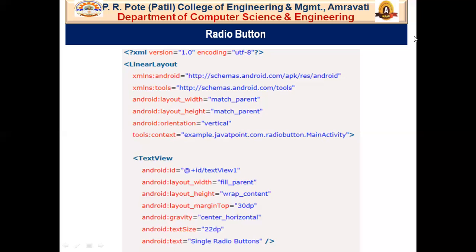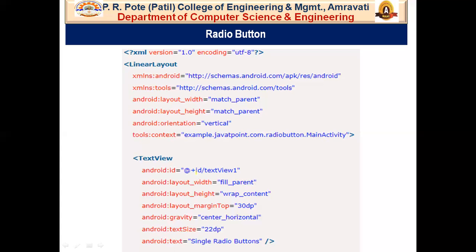So this is the difference between radio group and radio button. So let's see how to add radio buttons in Android Studio. In this particular example, we have two text views and four radio buttons. Now we know how to add text view. Just go to Android Studio, create a new project, select empty project activity, name your project, go to layout, drag and drop text view and open the XML file. The XML file shows the coding related to the text view that you have dragged and dropped in your design.